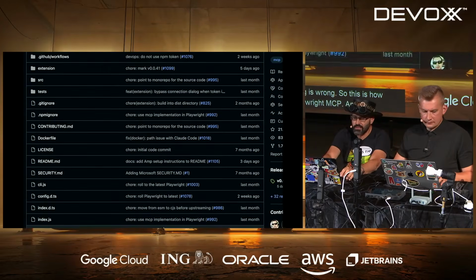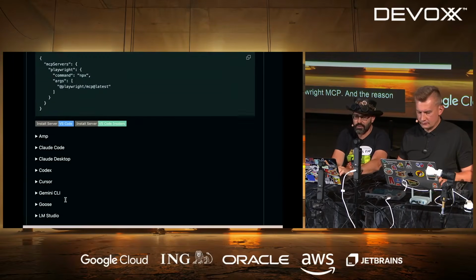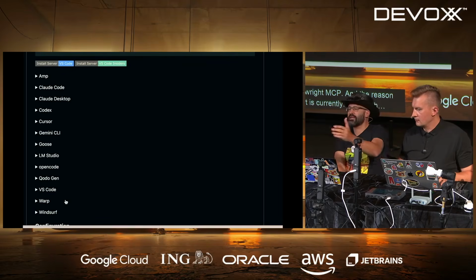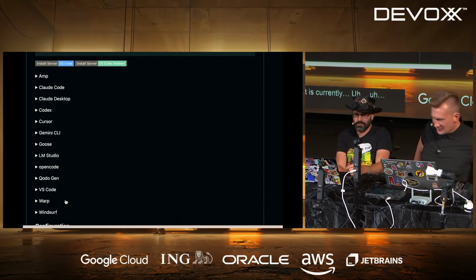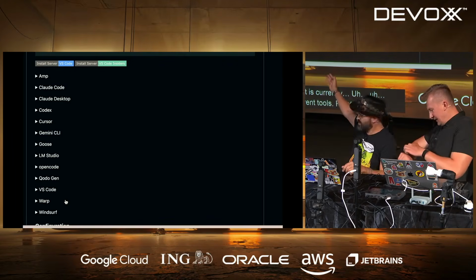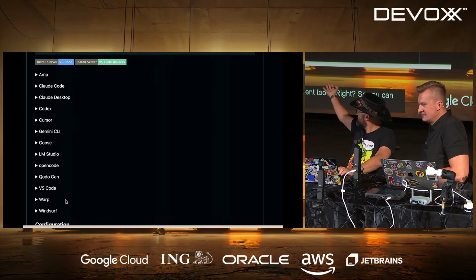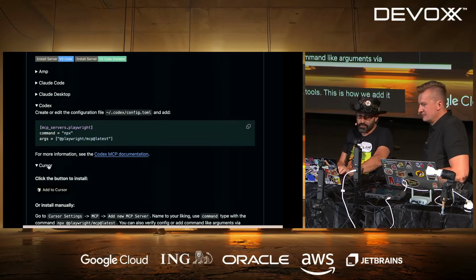And the reason I'm here is that I want to show you the zoo that currently exists of ways to add MCP servers to different tools. You can see here a list of how to add MCP to different tools. This is how we add it to Codex. This is how to add it to Cursor.